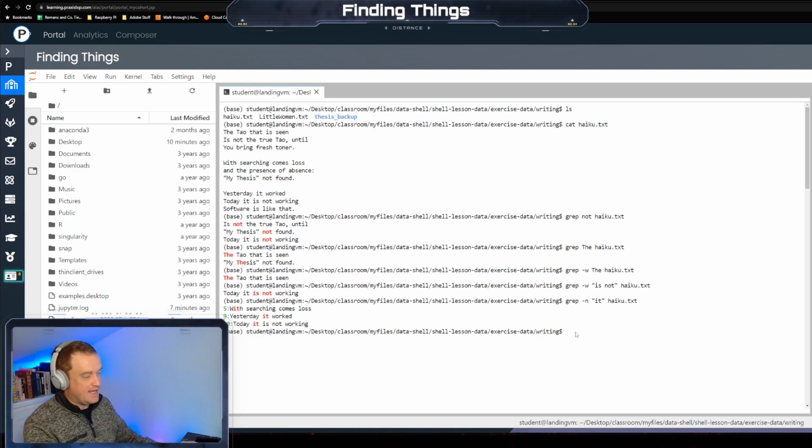So we can combine commands too, right? So we can grep and -w